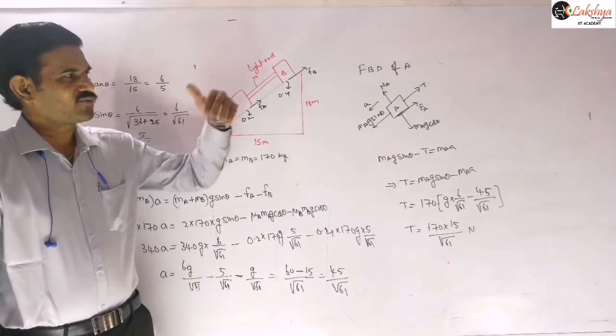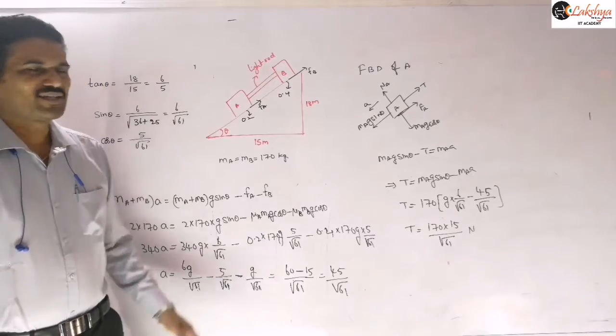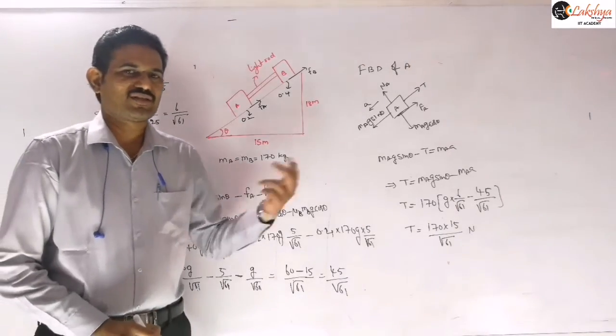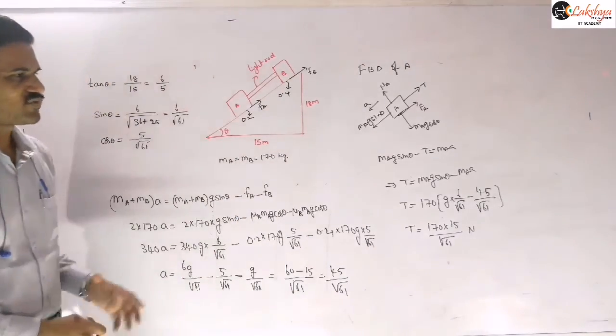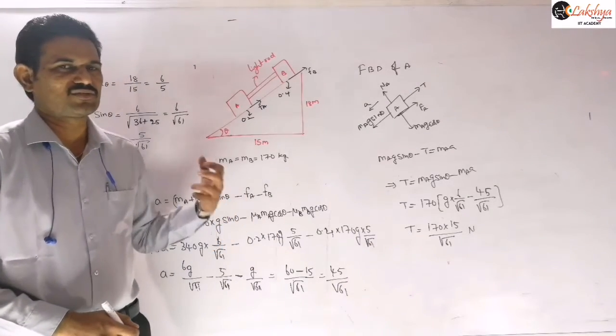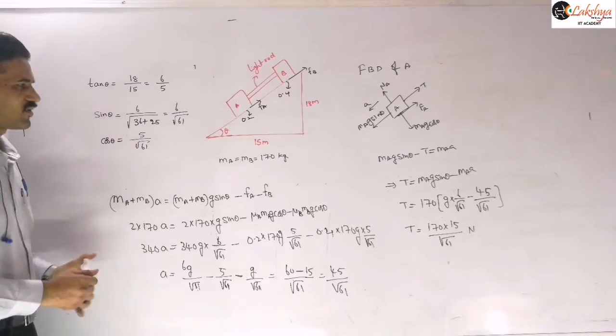Even by mistake, if you are taking the tension in opposite direction, then you may get that value negative. Then negative indicates we need to reverse that sign there. That means we need to take the tension finally in opposite direction there. So right. So that is that when the two blocks are placed in contact with this, that means whether placed in contact and they are connected by this rod here.